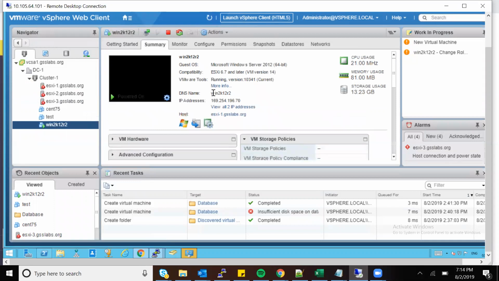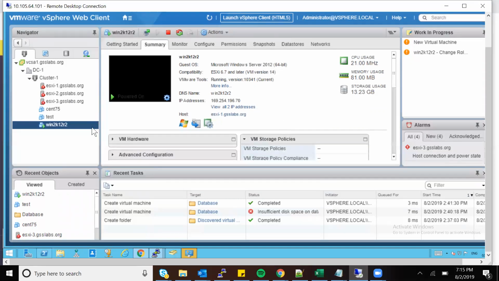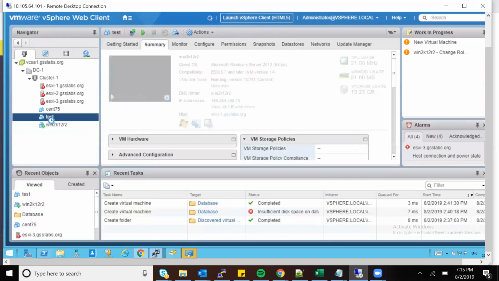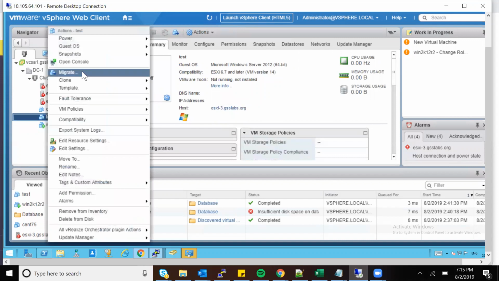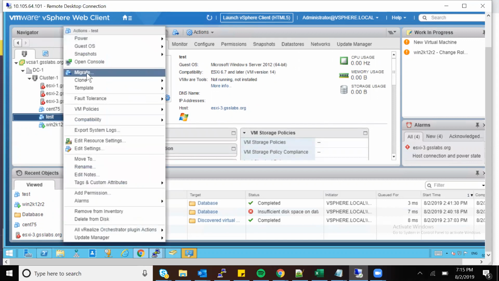Now let's say this is running on ESXi host 1. If you click on the VM, you can see the summary of the VM, the guest OS. I have an option where I will just right click and say migrate here, and it is faded right now because I think it's not configured. So you have to configure that as well. I think it is coming up here because it's powered off.